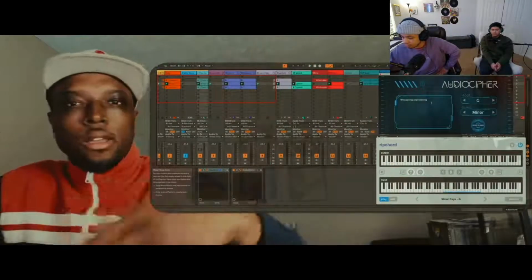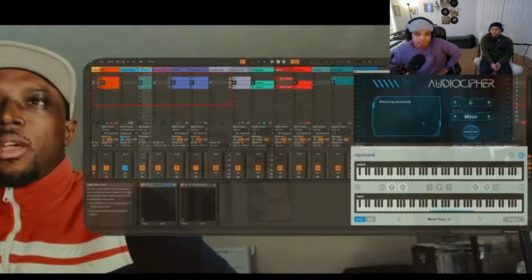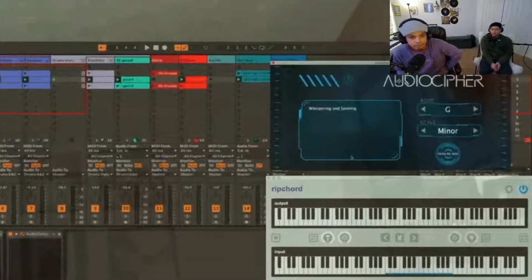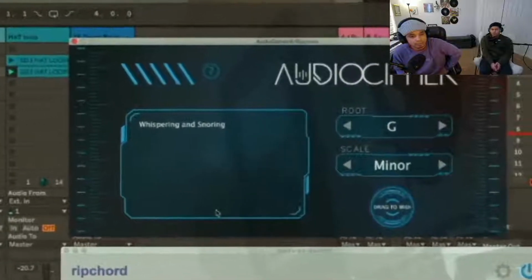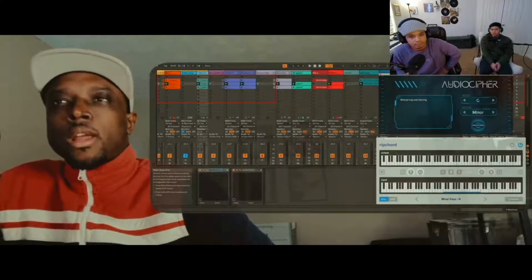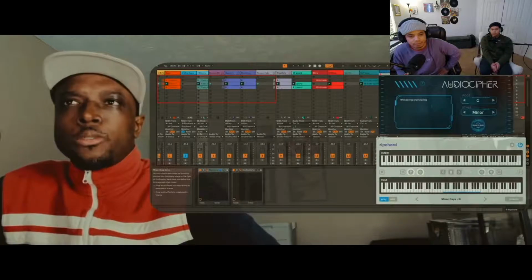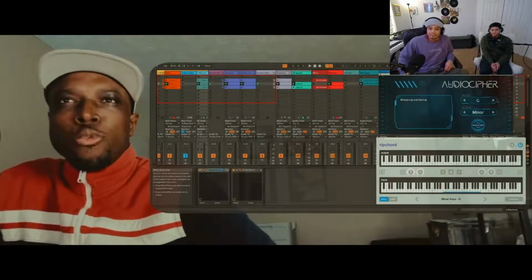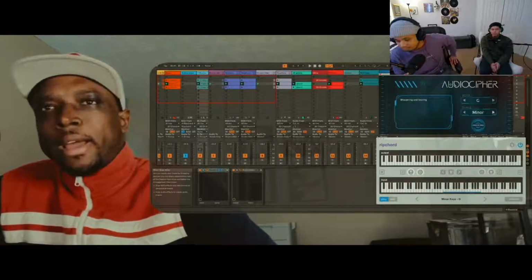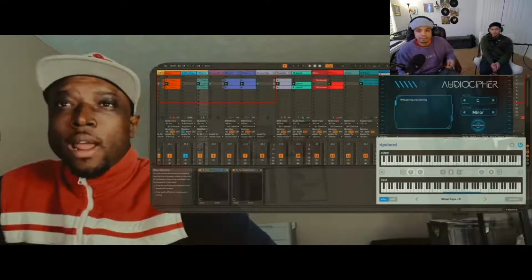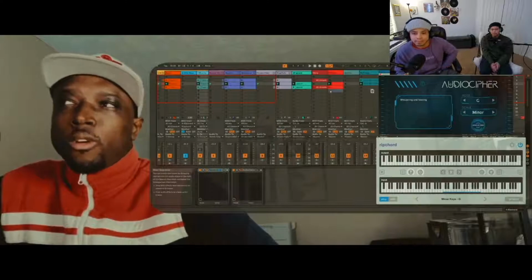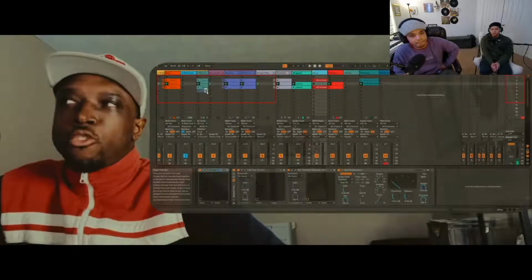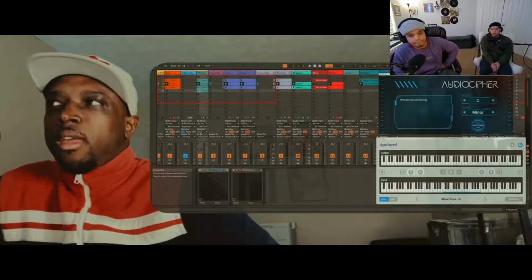So basically, letters, numbers, words, etc., you can type into Audio Cipher, and then that will generate MIDI information. So what I did was I typed in that phrase, whispering and snoring, for the preset that I was originally going to start with. I set my root key at G, scale at minor, and then I dragged that information over, it creates a MIDI file, and I placed it right here in a track